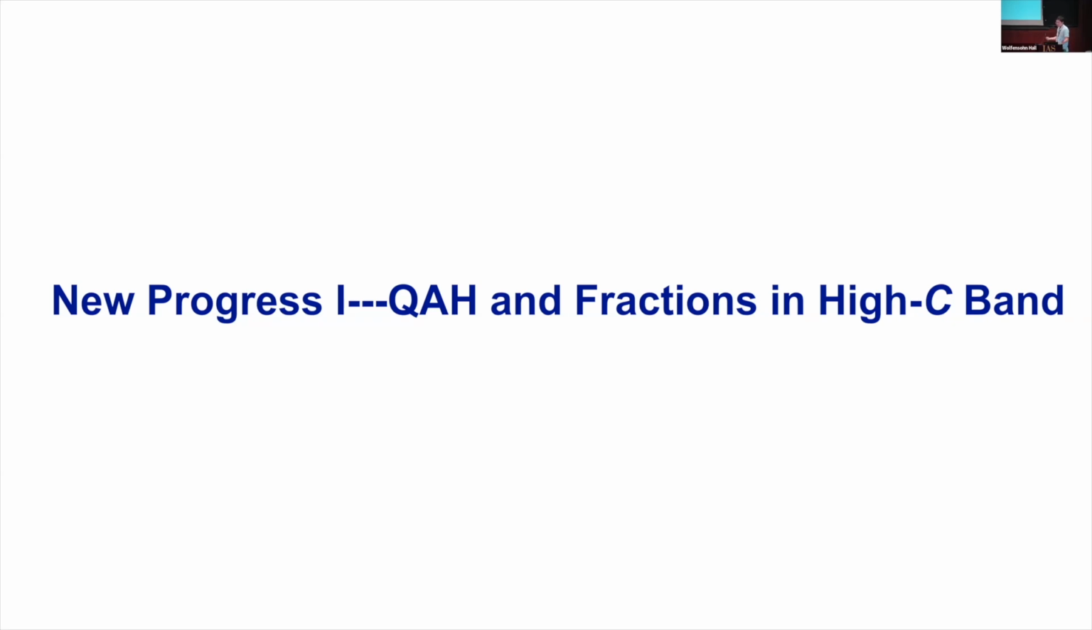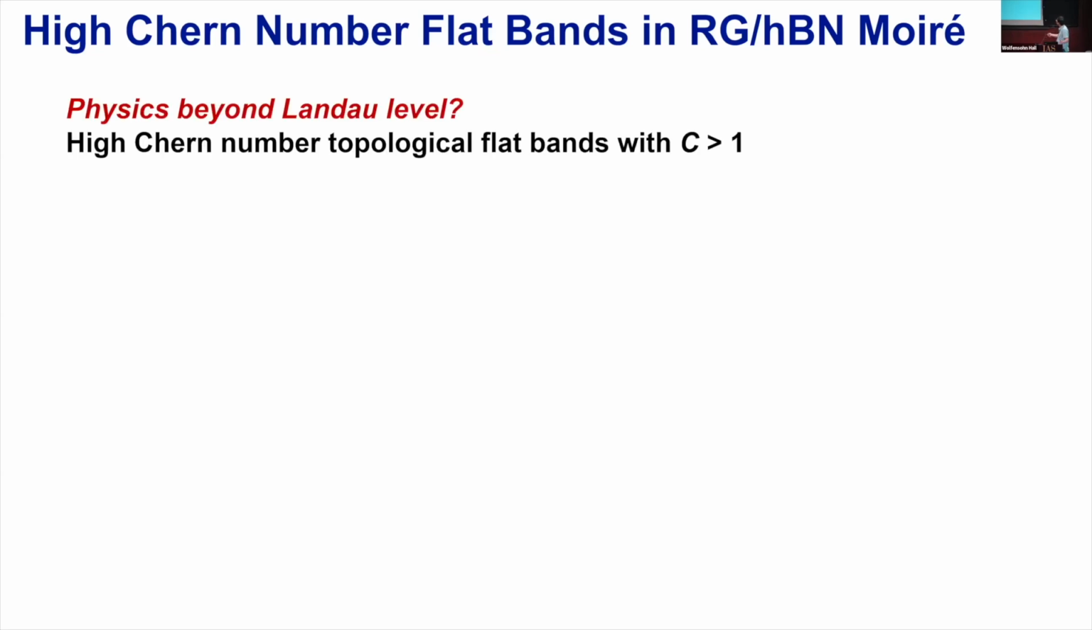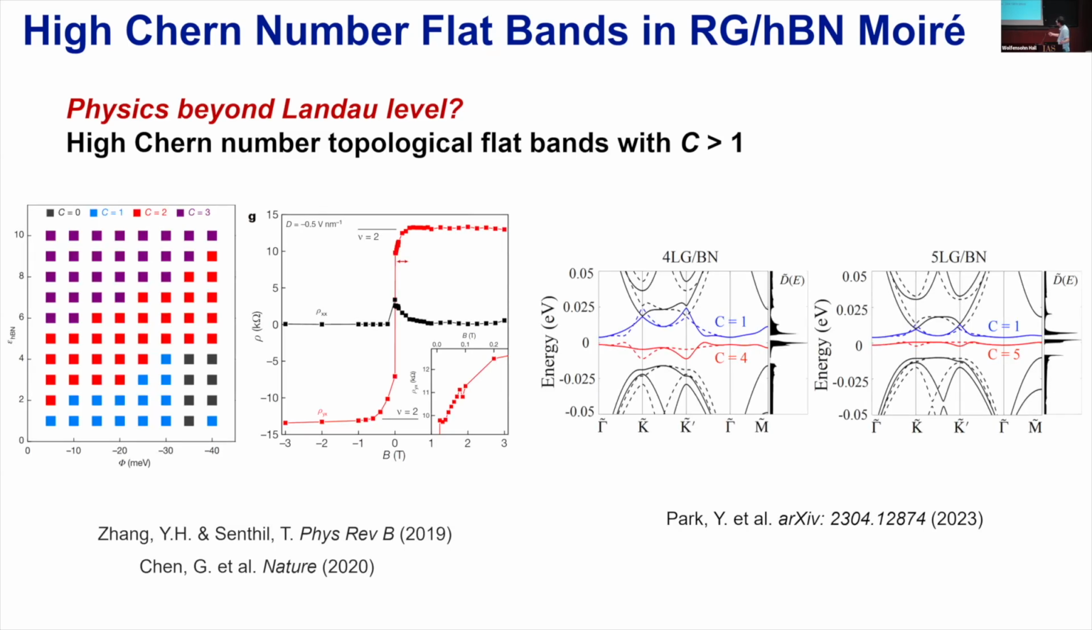It can be 2, it can be 3, it can be any integer. And there's indeed a high Chern number topological flat band in the rhombohedral graphene hBN moiré array. Okay, and that may give you different results from what happens in a C equals 1 band. Theoretically, people realized this high Chern number topological band scenario in rhombohedral graphene hBN moiré superlattices,